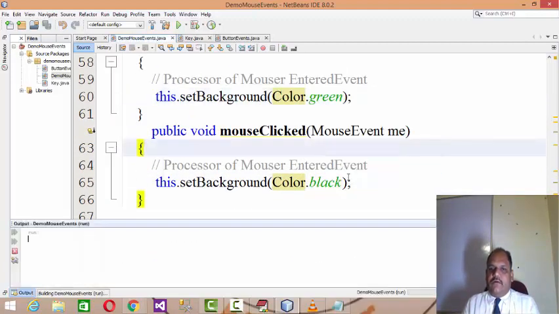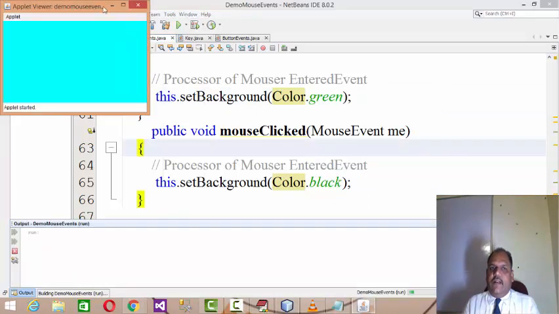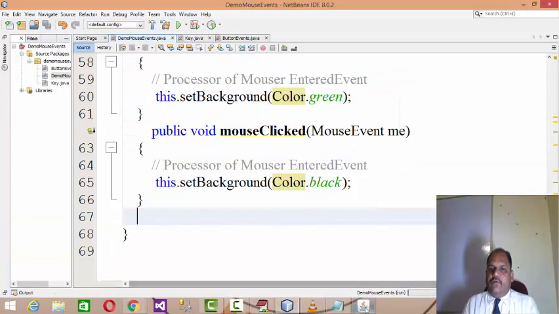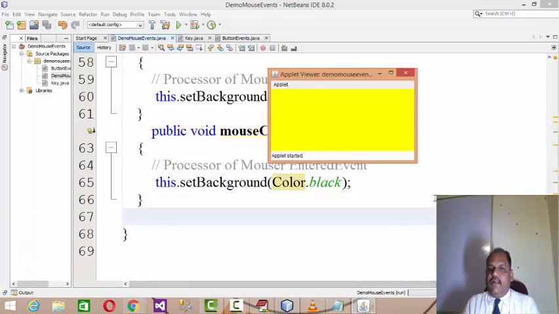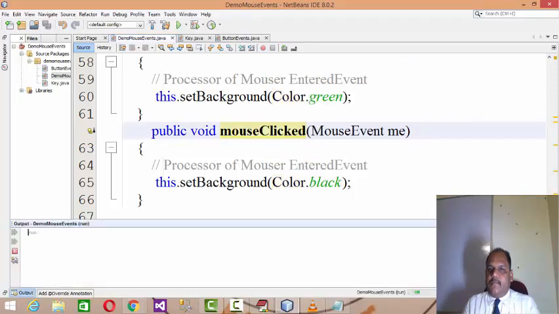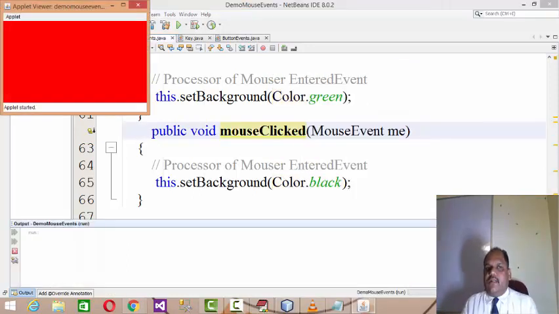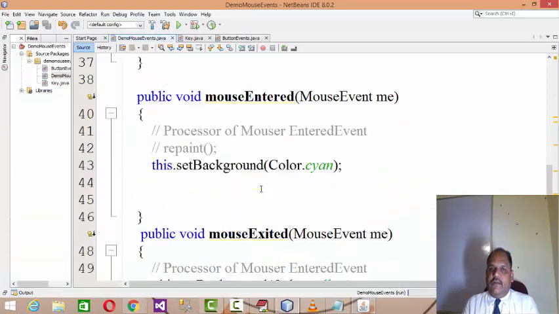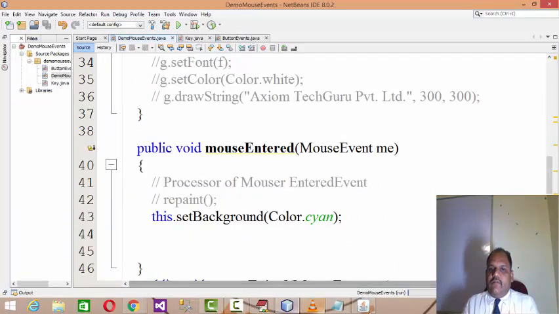If I run it here, whenever you run the application, just run it again over there. By default the background color is red, but if you process the event, as you drag the mouse position over there, the mouse entered event will be fired, and the background color will be changed.